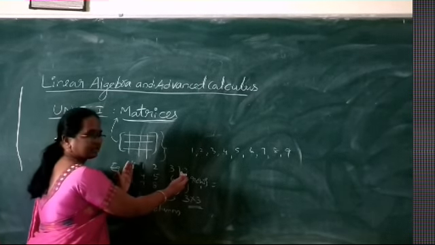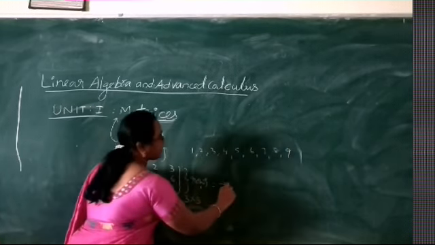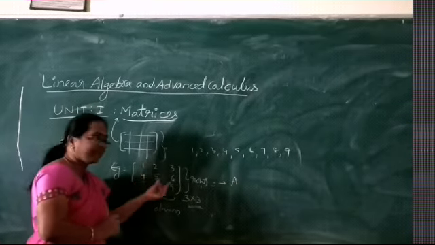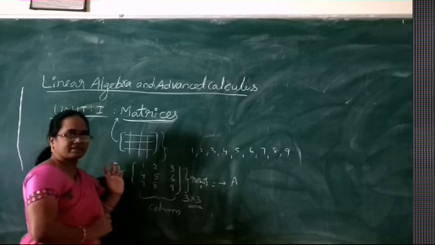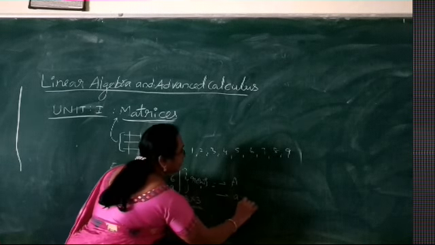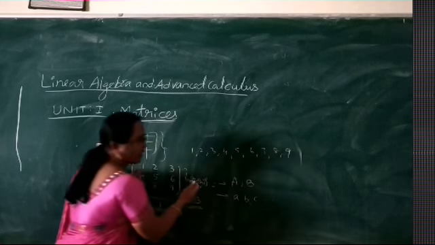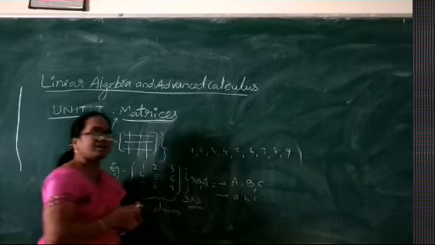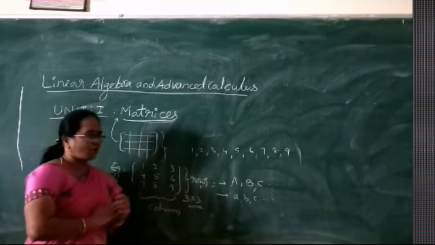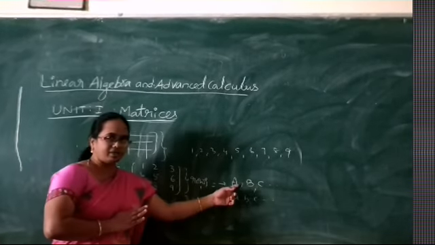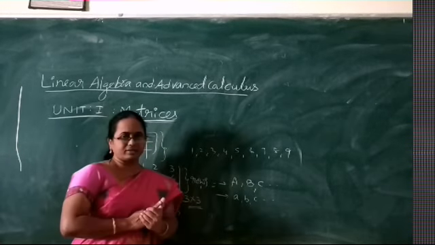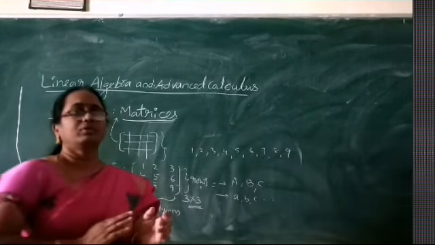And every matrix is always represented with capital letters. Whatever objects are arranged within the brackets are known as the elements of the matrix, and they are always denoted with small letters a, b, c and so on, whereas the matrix itself is represented by capital letters. So far we have seen what a matrix is, what its order is, how the matrix is represented with capital letters, and how the elements of the matrix are represented by small letters, right? Now let us see